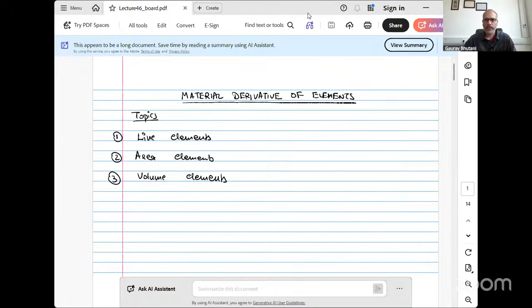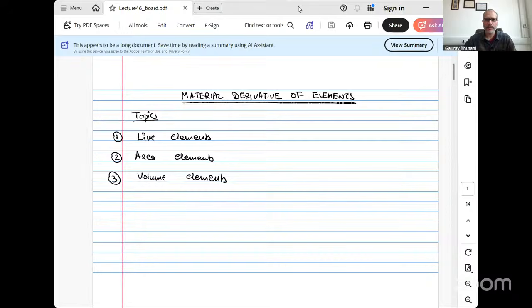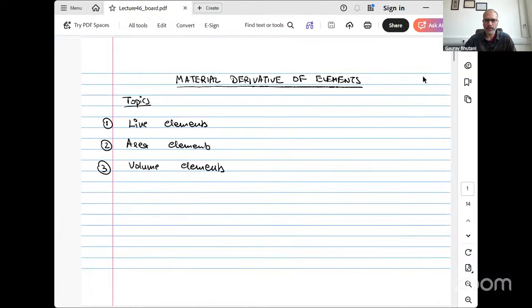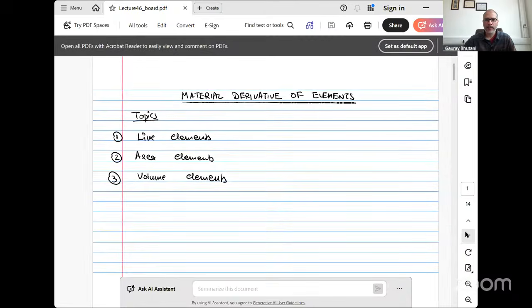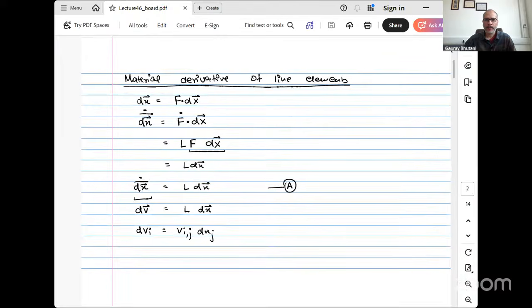Right, so this module on balance laws always starts from the discussion on the material derivative of elements. So we need to be able to write the derivative of line elements, area elements, and volume elements, because that is required when writing the balance laws. So I'll quickly take you through it. For the material derivative of a line element, what we are interested in is being able to write